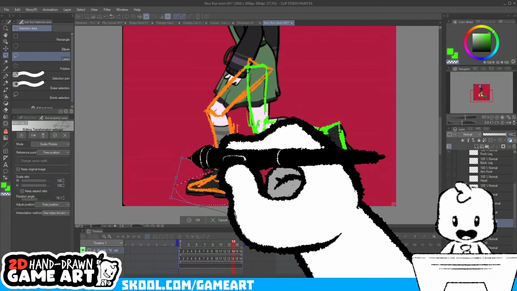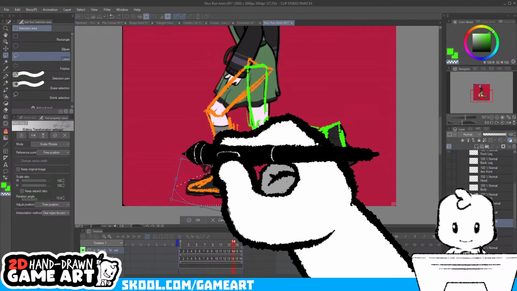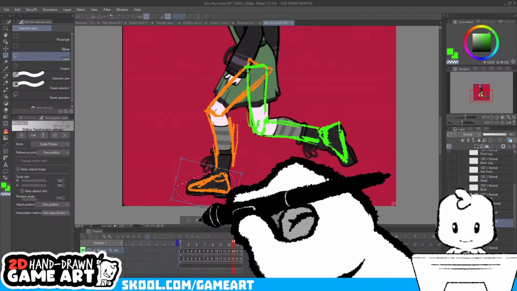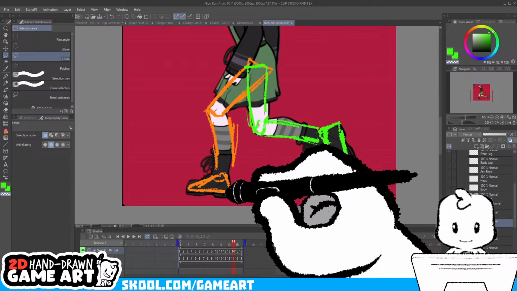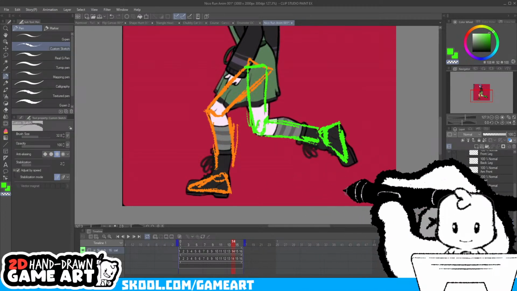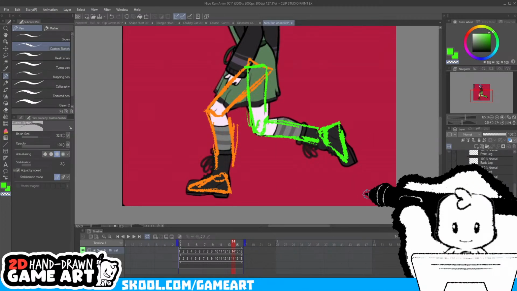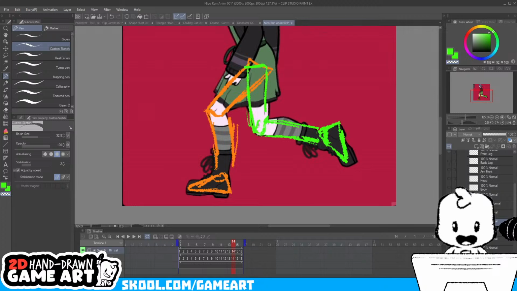And normally when I do my first pass of animation, I don't include the bouncing of the hips. I later go in for the second pass and I add those details in. So this is gonna give us what we need.